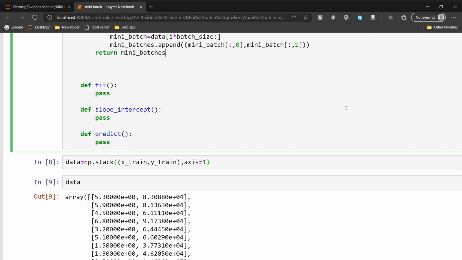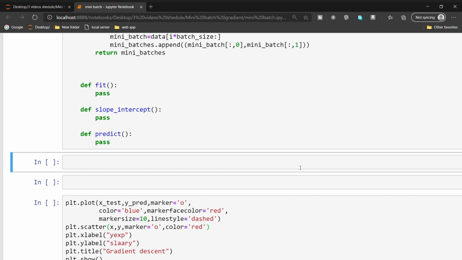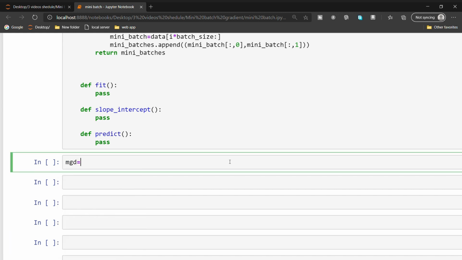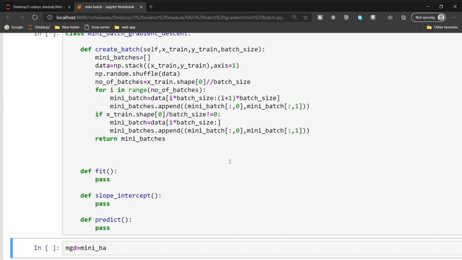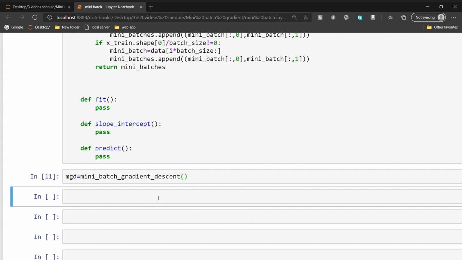So let's check whether that one is working or not. Let's mgd equal to mini. I think we have to run this before mini batch gradient descent. mgd dot create batch x train comma y train comma batch size.